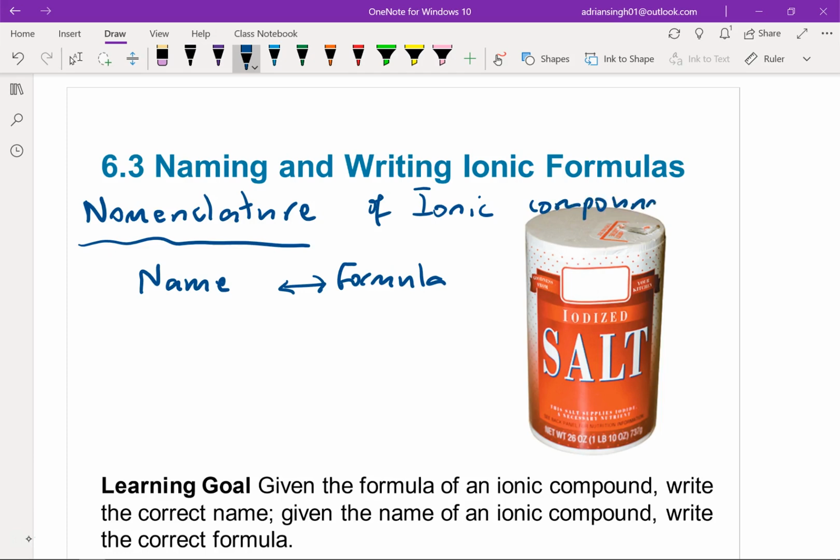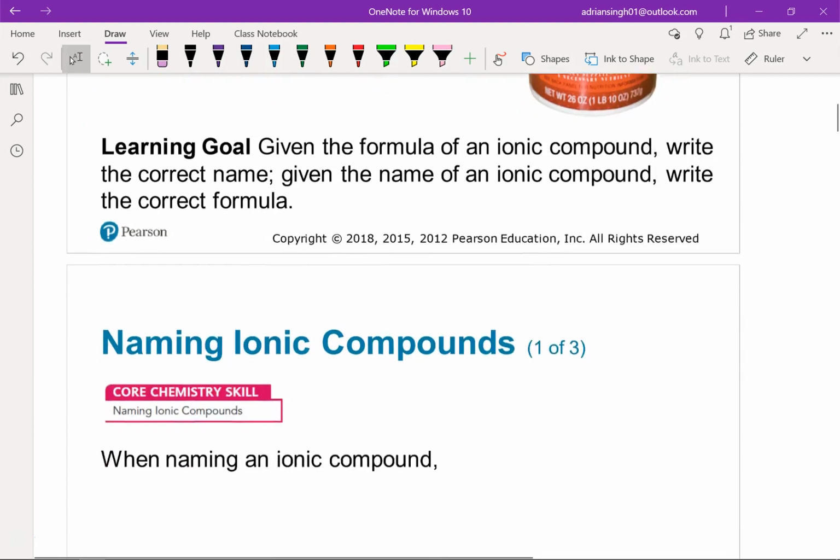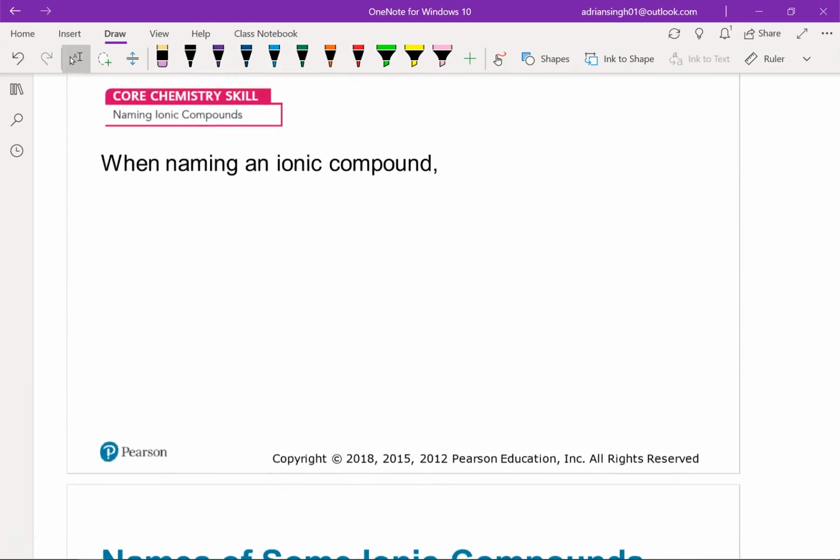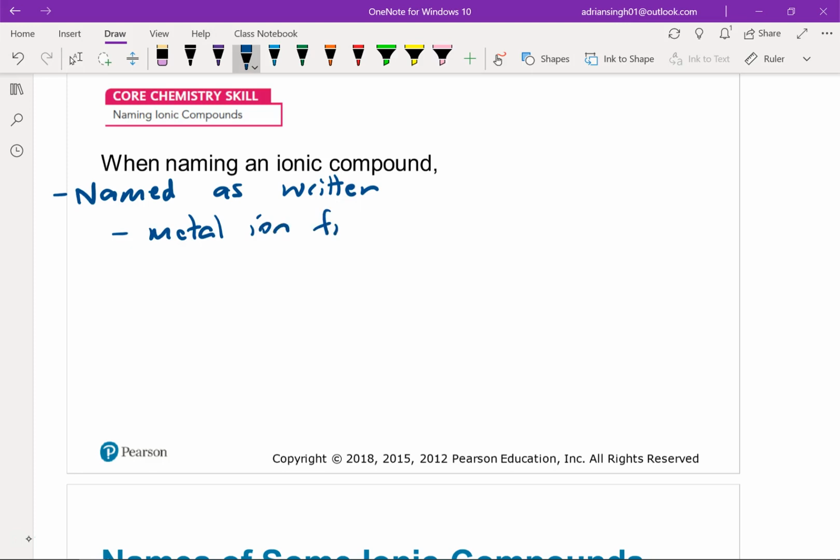All right, so we've seen how to come up with the formulas of our ionic compounds in the previous section. Now we're going to take a look at how we name our ionic compounds. So when you name an ionic compound, we're going to name it as it's written. Okay, and what that means is the metal goes first. So the metal ion is first, and then the non-metal